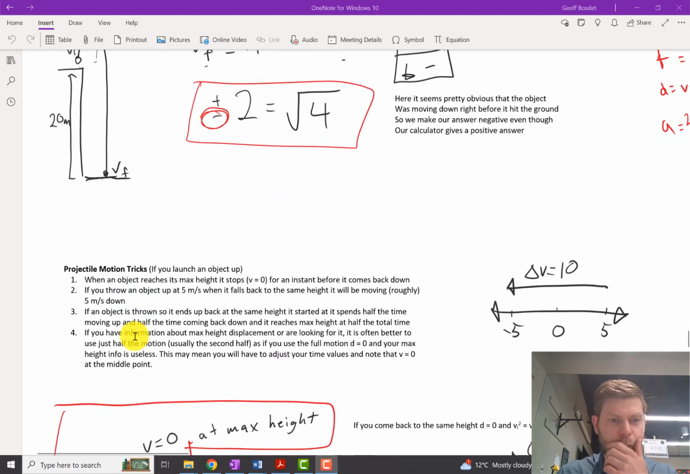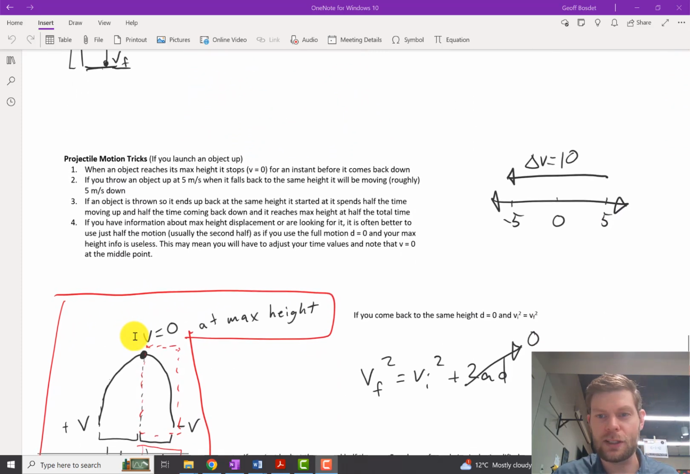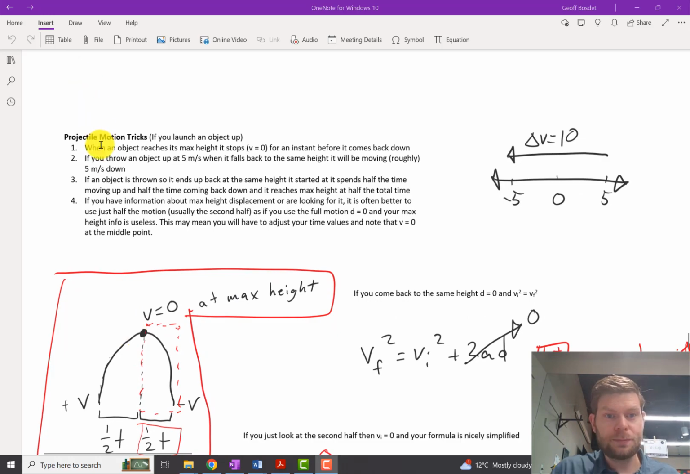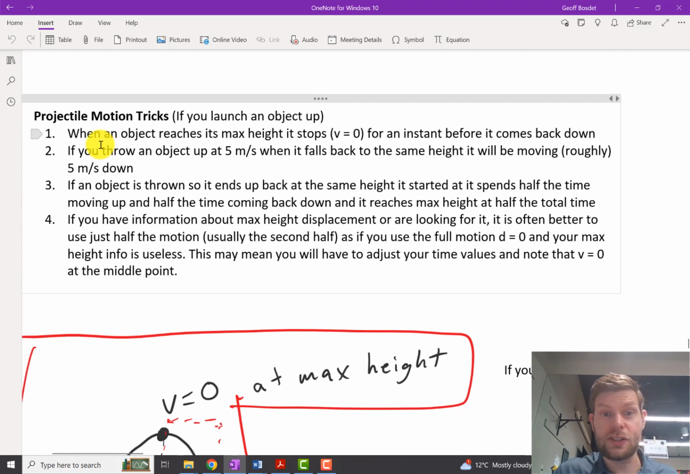The next set of tricks: projectile motion. You're throwing something up or whatever like that, or rolling it up a slope and it comes back down. So some tricks: when an object reaches its maximum height, it stops for an instant before it comes back down. So it's moving up, slowing down, and stops right as it's transitioning from moving up to moving down. Make sure you've got that. It's an important thing. Also, if you throw something up in the air at 5 meters per second, when it comes back down to the same height, it will also be moving 5 meters per second, just down this time,